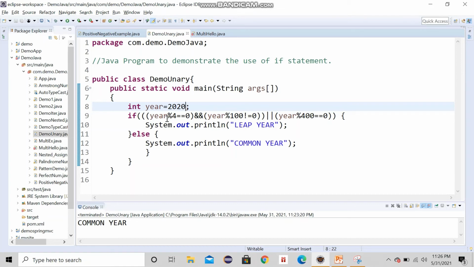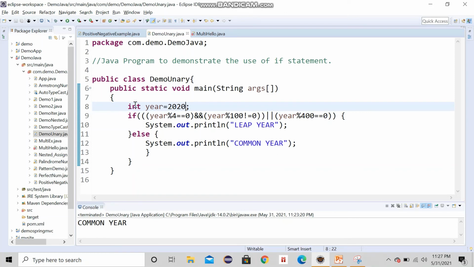The third condition checks the last two digits, that the remainder is not equal to 0. If all the conditions are satisfied, then this will give leap year, else it will print common year.